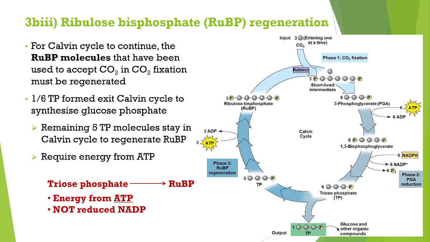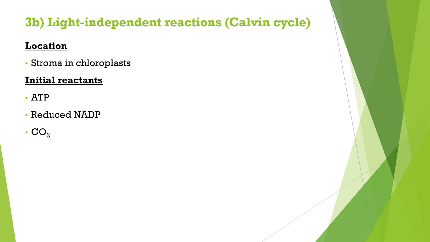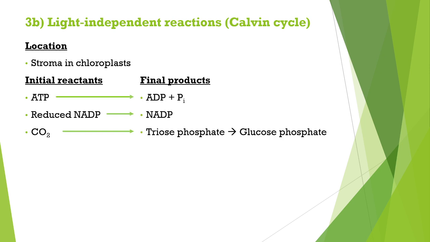Okay, and this step also requires ATP from the light-dependent reaction, but the reduced NADP is not needed. So that is, in short, the Calvin cycle. So just a summary, this happens in the stroma. The initial reactants would be ATP and reduced NADP formed in the light-dependent reaction, as well as carbon dioxide that's taken in from the atmosphere, and they will be used